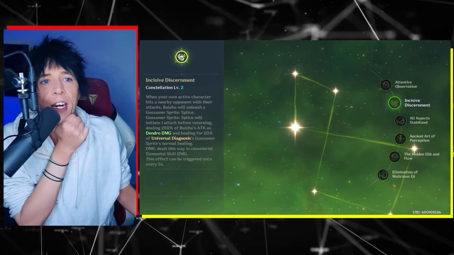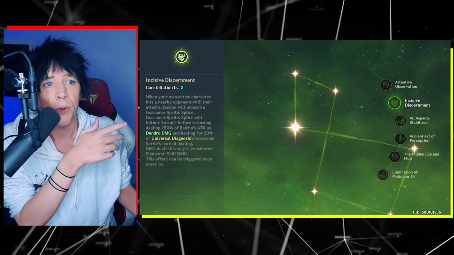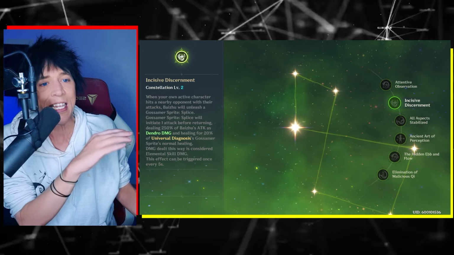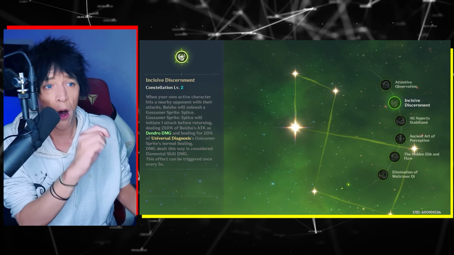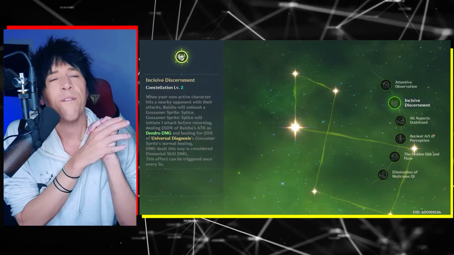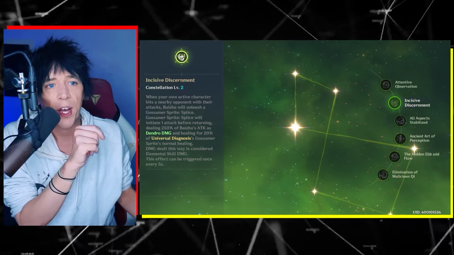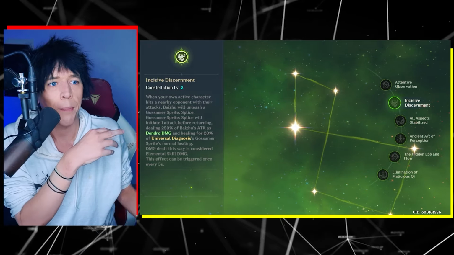So this is for your active character, right? When they hit nearby opponents with their attacks, Baizhu will be doing basically some follow-up attacks as well, and also healing on top of that. This is really the big one here, okay? This is awesome. I love this a ton, and it makes him a very substantial Dendro applier in a ton of ways, because this can trigger once every 5 seconds. It gives you additional healing, it gives you a little bit of Dendro damage, but it's really the Dendro application